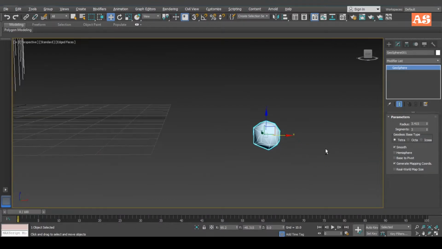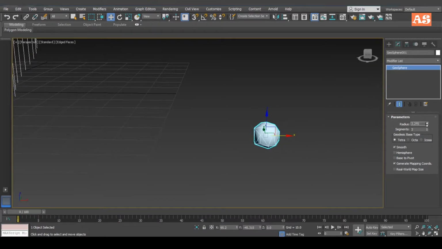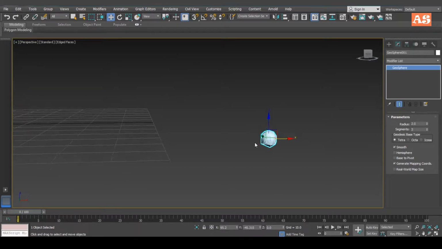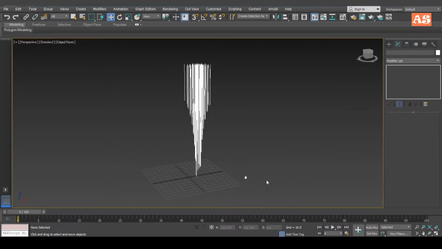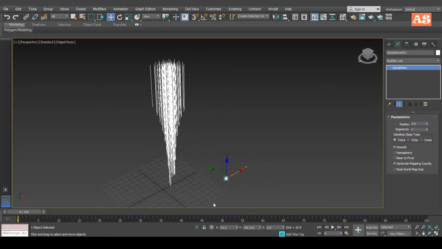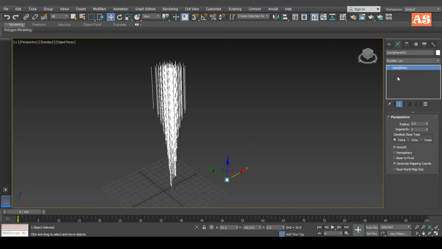I guess this is okay. Maybe some decrease in radius will work for us. Maybe it's 2. And now our object is ready. Now select our object and go to